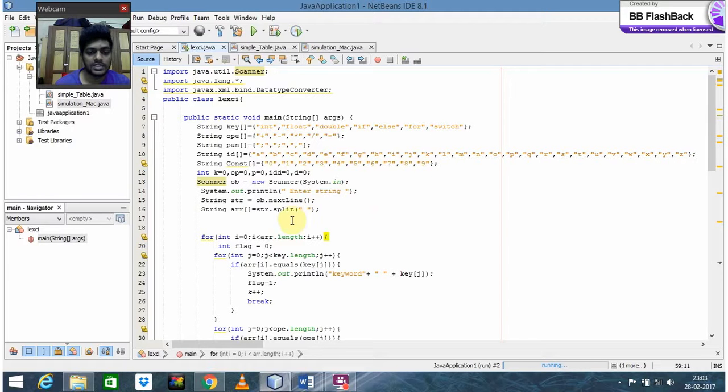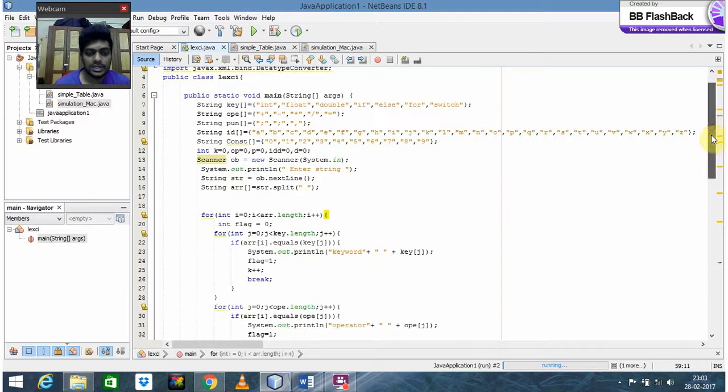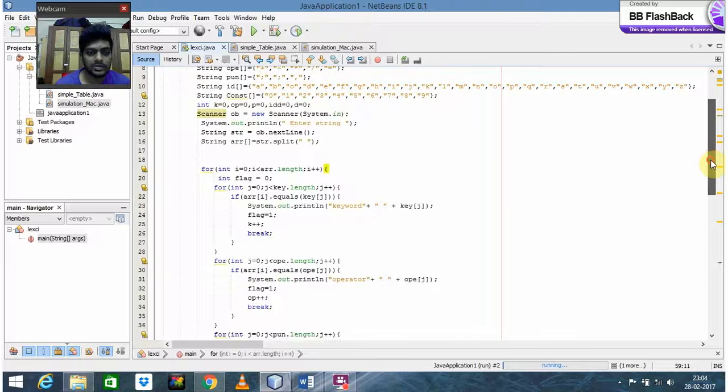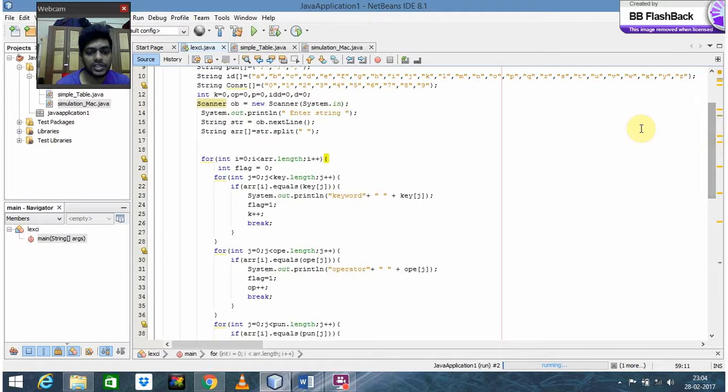Next we'll use the split function to separate each token. And how does this program actually work? It basically uses a for loop. We use the for loop to check the length of the language we entered, and it checks each identifier, each token actually. So we use the for loop, and next if arr[i], that's the language we entered,